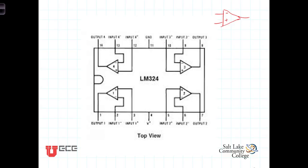Now, just a little bit of background on the symbols marking the inputs. One's marked with a negative sign, one's marked with a positive sign. That does not mean that you can only hook negative voltages up here or positive voltage up here. In fact, you can put either positive or negative voltages at either input. What they're meant to indicate is that the terminal marked with a negative sign is known as the inverting terminal, and the terminal marked with a positive sign is known as the